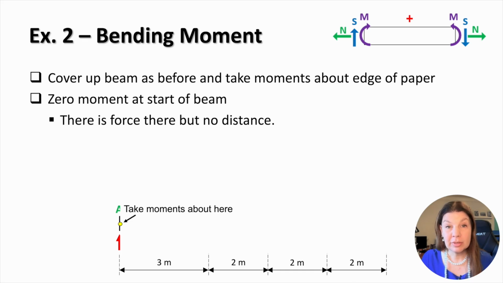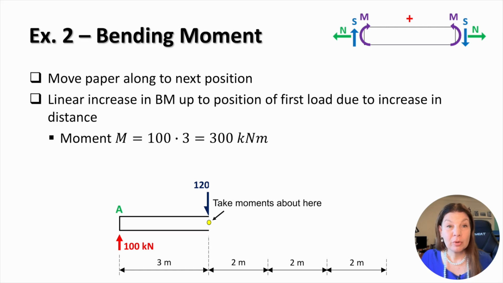This is typical for simply supported beams where the supports cannot resist bending moments, and this provides the first point for constructing the diagram. We now move away from the support and consider a section further along the beam. As we move to the right, the distance from the reaction at A increases, so the bending moment produced by that reaction also increases. Since there's no distributed load acting yet, the bending moment in this region varies linearly with distance, and this means the bending moment diagram will be a straight line between the support and the next point